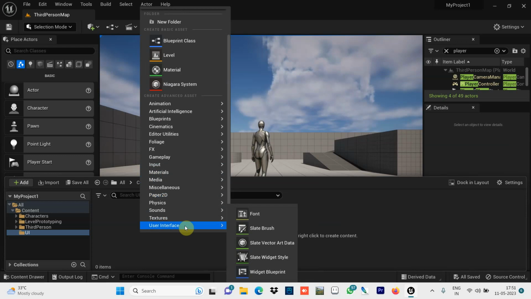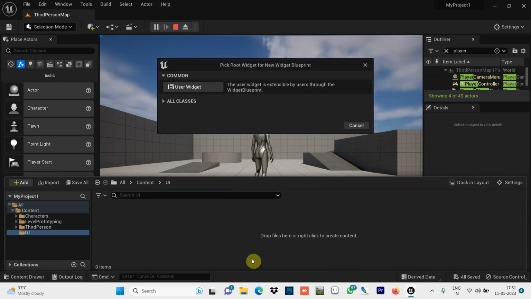So right clicking, you have to go for this user interface, then go for the widget blueprint. Can you see it here? After this, you need to do user interface and blueprint, all things are there, user, widget and all things.